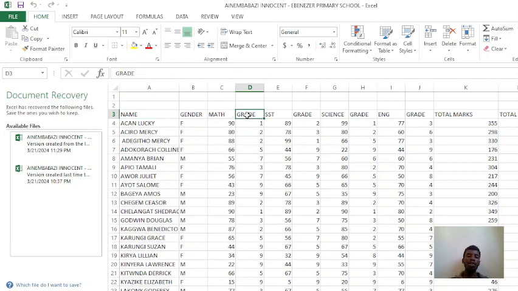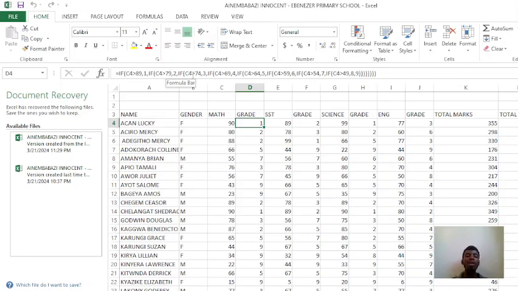But for grading, this one was automatically generated because here we use the if function. So we set a criteria that if the mark here, using this cell reference, is greater than 89, that person gets a D1. Now, if the mark is greater than 79, but you've already set another criteria that if the mark is greater than 89, so right now it will give a range between 80 to 89